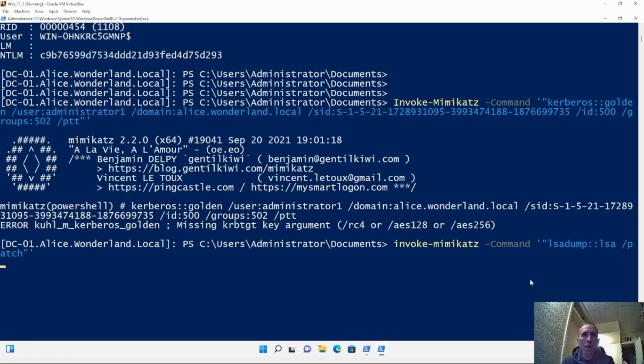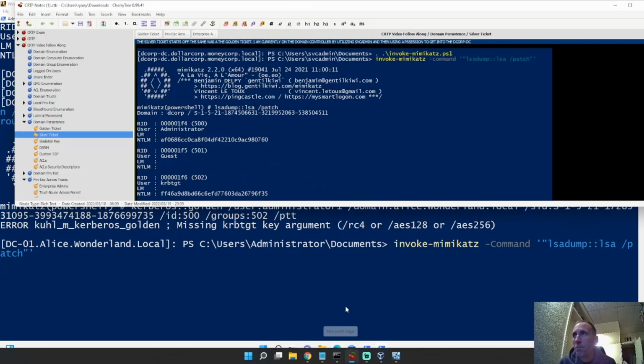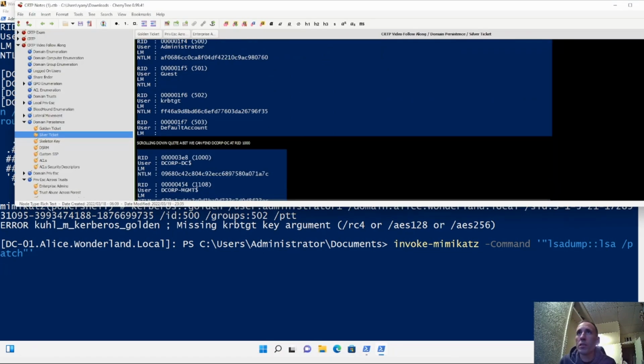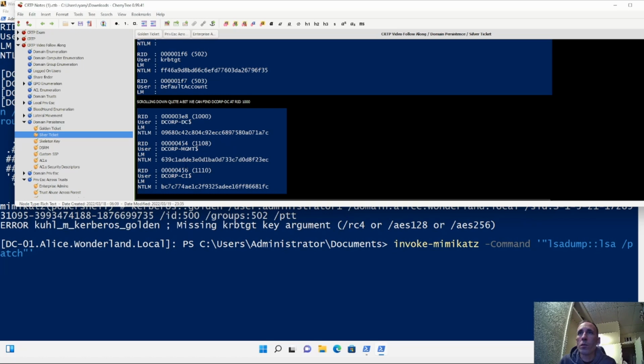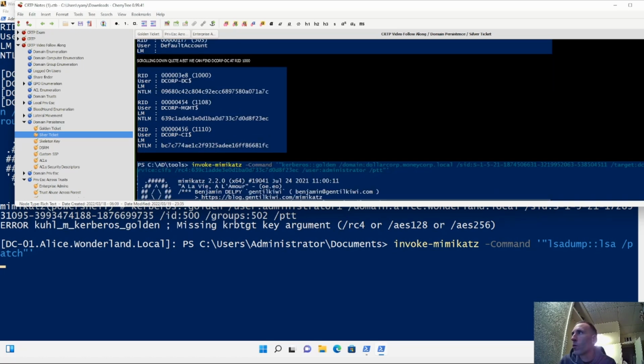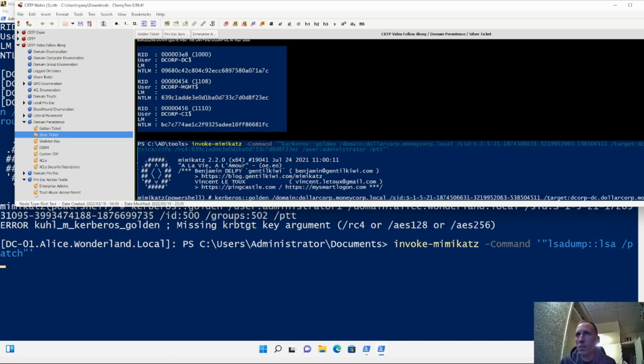Alright. Now, supposedly silver tickets are harder to find also than golden tickets, just so you guys know. They're quieter from what I've read and things like that. Alright, and we are actually going to be using a machine this time. Here you see we're using Decor DC for this one over here, right? So we are going to be using the machine this time and not the,